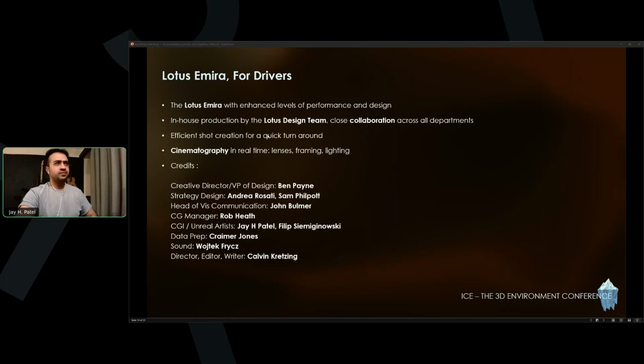And the beauty of doing this in CG is we can use the same environment on another film, change the lighting, change the setting, and it looks, I wouldn't say brand new, but it just adds a new mood to the film.